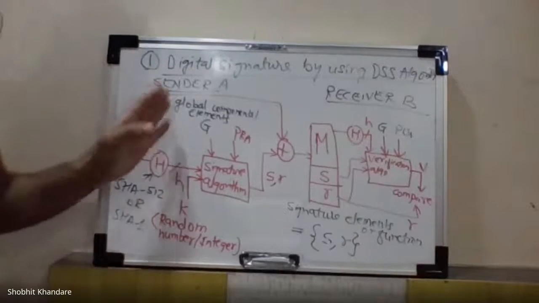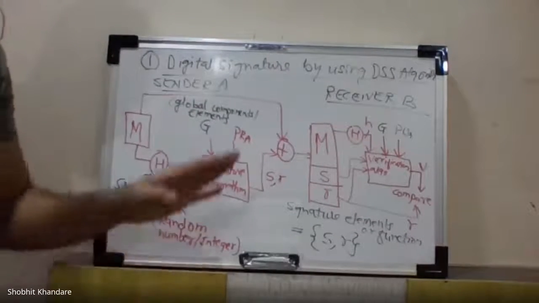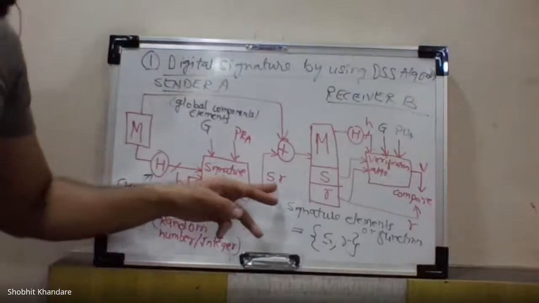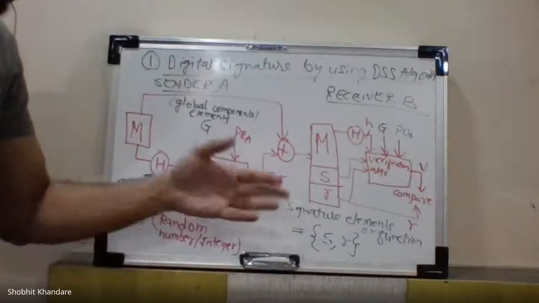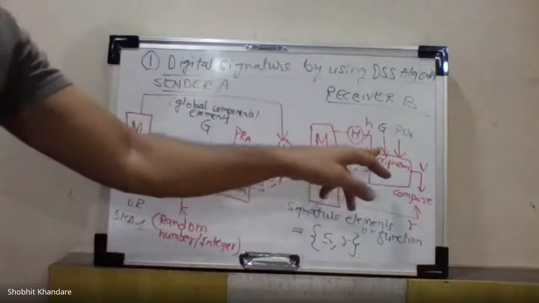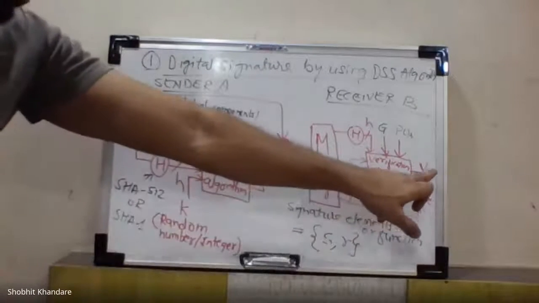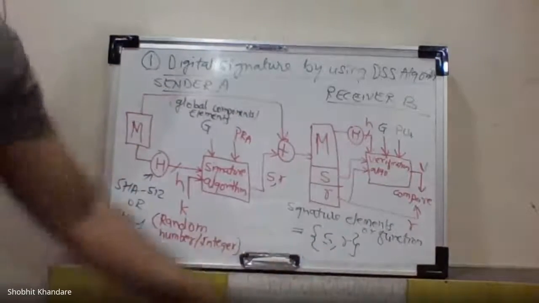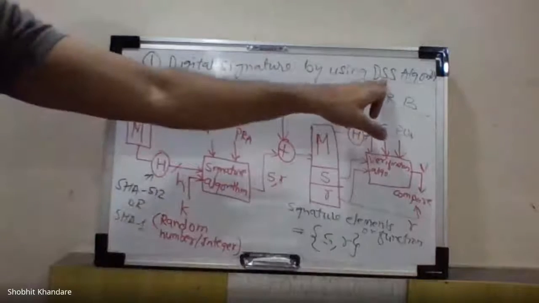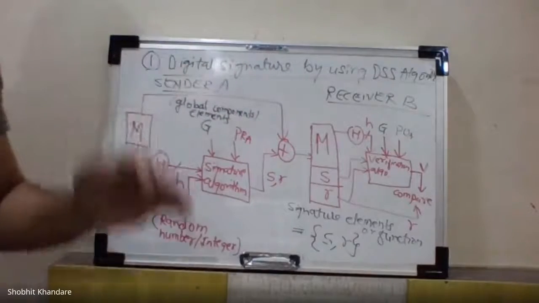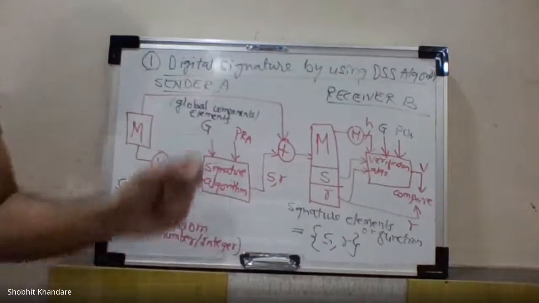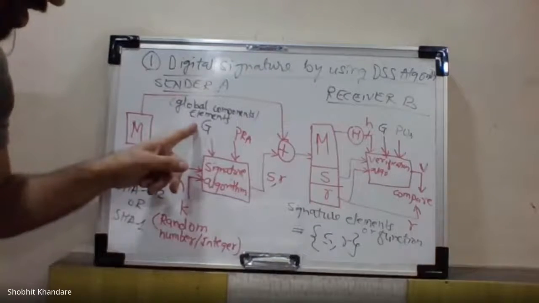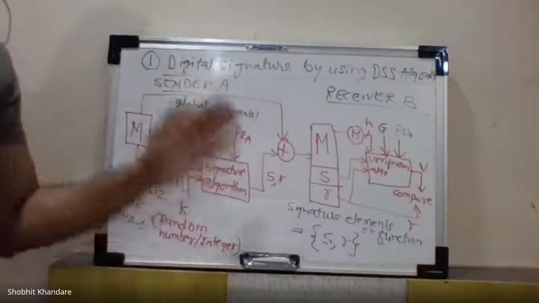So now we are going to see the algorithm. What is G? What is S and R? How to get S and R? What are the equations of S and R? What is then small v? What is the equation for small v? For the time being, you have to understand this is a scenario using the DSS algorithm in digital signature, in which now we are going to see the actual algorithm to get the values of S, R, G, and much more.